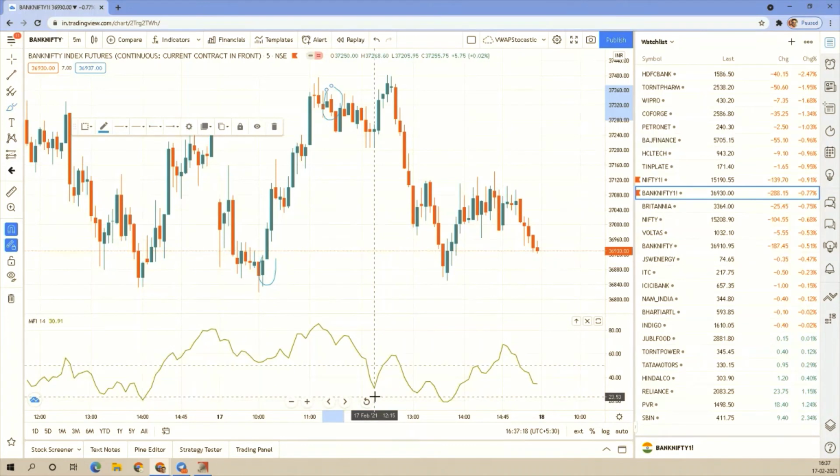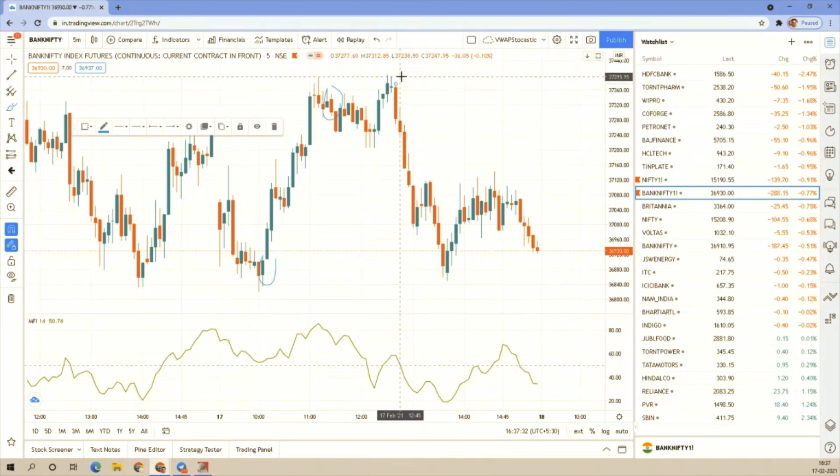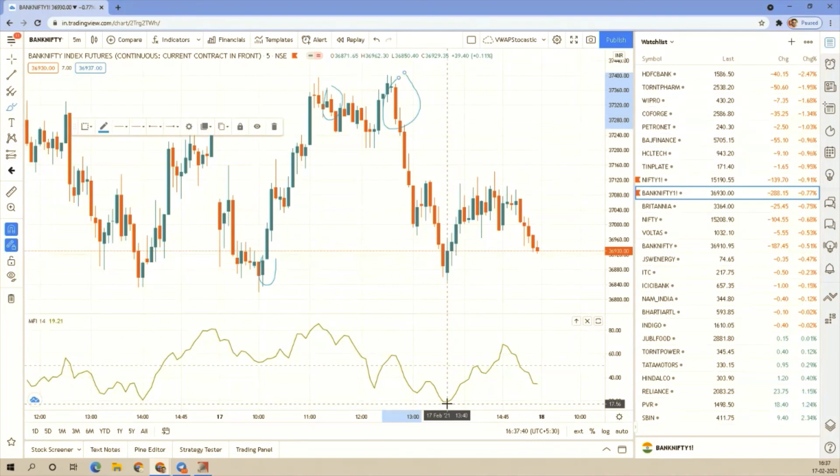Once you see the money flow index is at the bottom whereas price is at the high, when it made this lower high, that's when you can short. When it takes a U-turn here, and you see a red candle, maybe you could have shorted somewhere here, and then it started making lower lows and lower highs. Once again, it takes a U-turn here, and you would have exited here. That is like 37,370 to 36,922, almost 800 points. 800 points again is a good move.